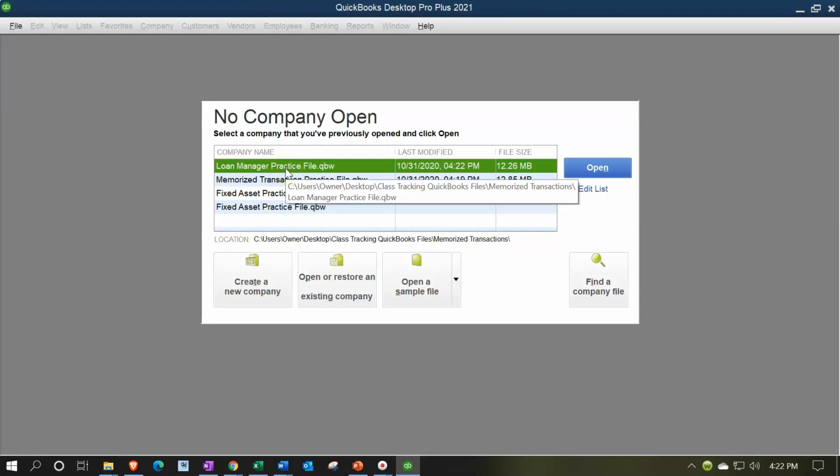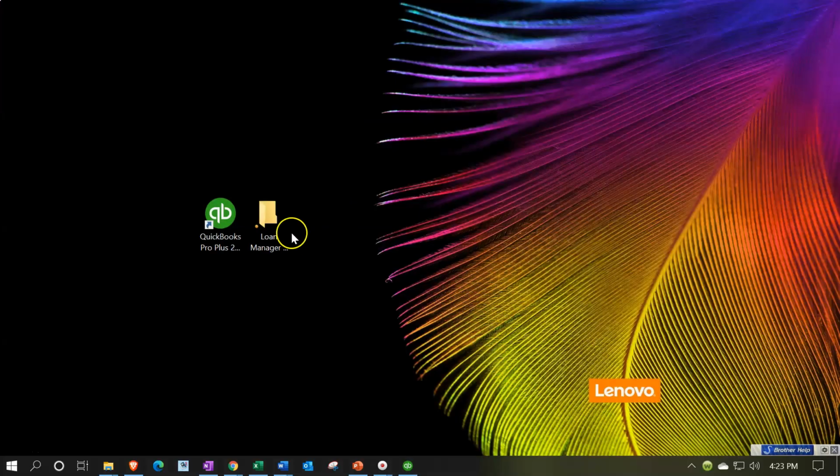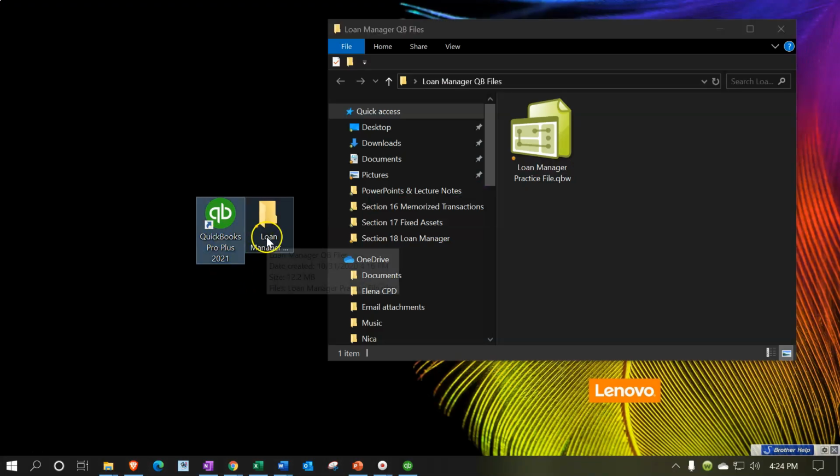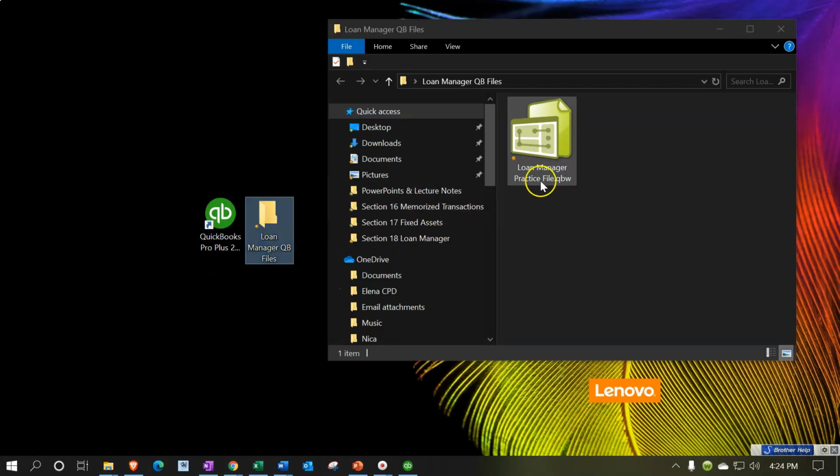This means QuickBooks will now be open, but no company file is open, and therefore that allows me to cut and paste or move the company file from whatever location it is at to where I want it. So this file, they put this in this location. I'm going to go find it now, and I'm going to put it where we want it. So I'm going to go locate it now, and then I'm going to put it right there in the folder so we can see it side by side. So here we are on the desktop. Here's the program. Here's the file that I've opened, and I've now placed the QBW file right here so we can see it